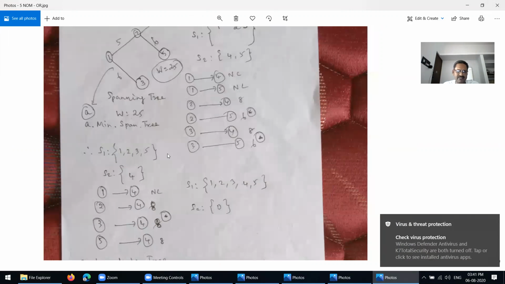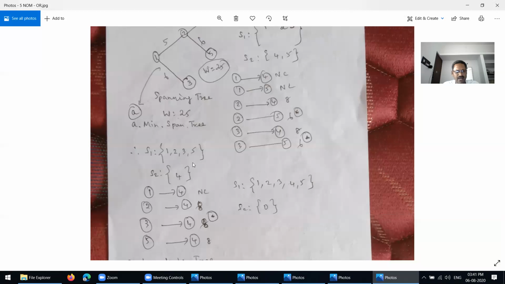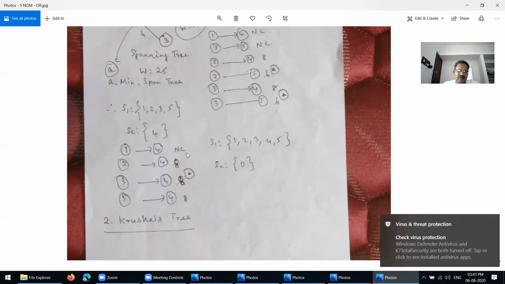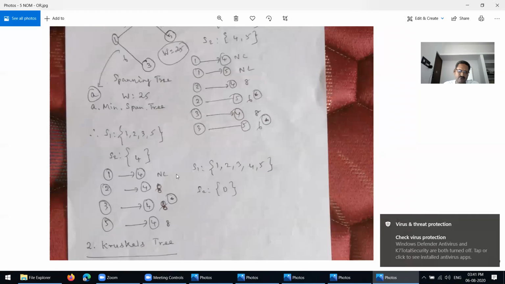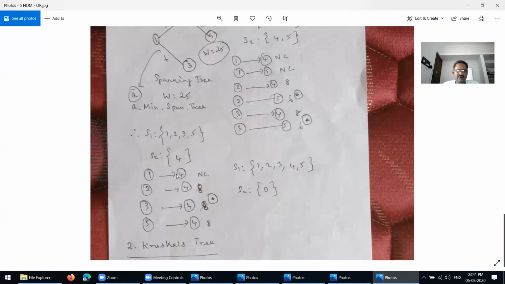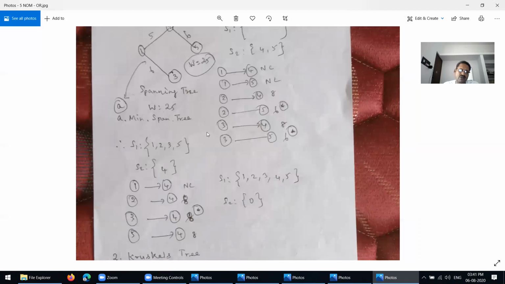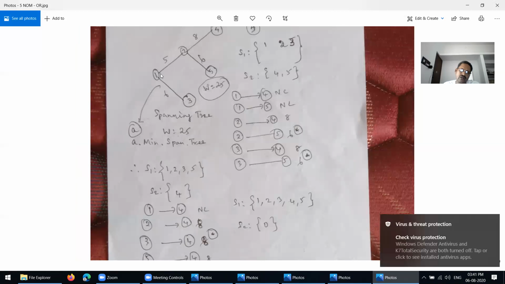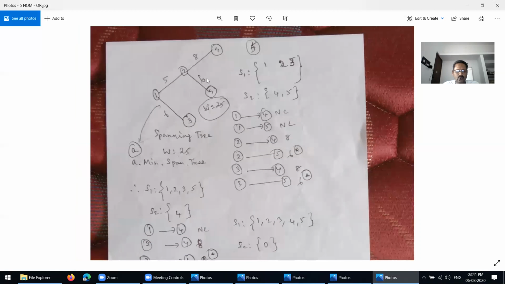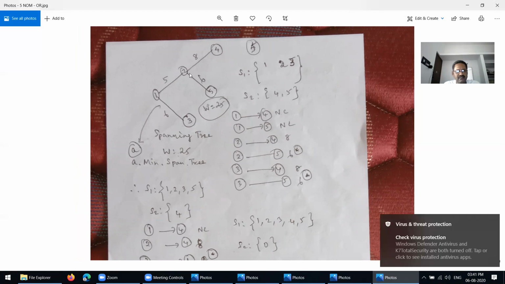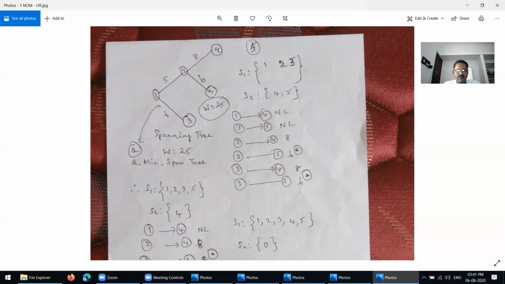S1 is the same thing. 1, 2, 3, 5, and then 4 is also we have. So like this. So now we get here now. Then from this we have to form a network here now. What is the value now here? 1 is connected to 2, and then 1 is connected to 3, and 2 is connected to 5, 6, and then 2 is connected to 4.